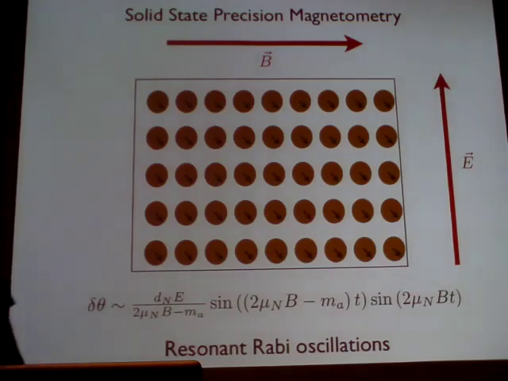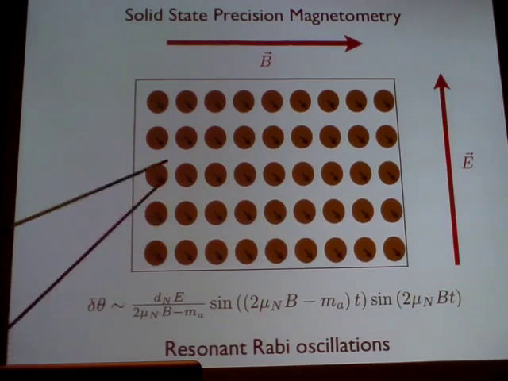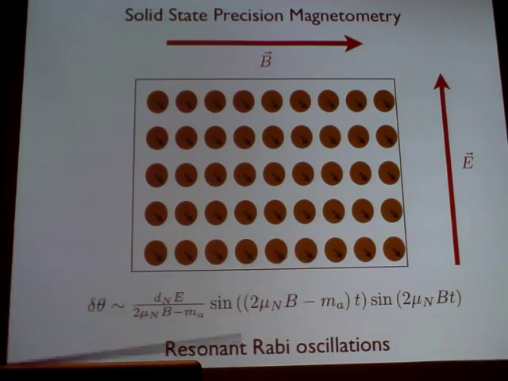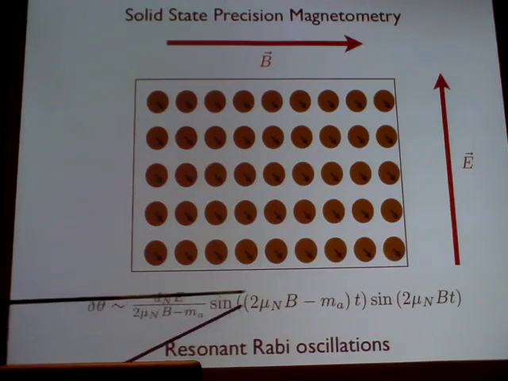Signal? Okay, so how big is the magnetic field? To measure the magnetic field, let's first talk about how big the precession angle is. That precession angle is given by this formula, and it's proportional to the dipole moment times electric field. Not very surprising. It's then got all of these sinusoidal factors. Where do these sinusoidal factors come from? Okay, so the point is,